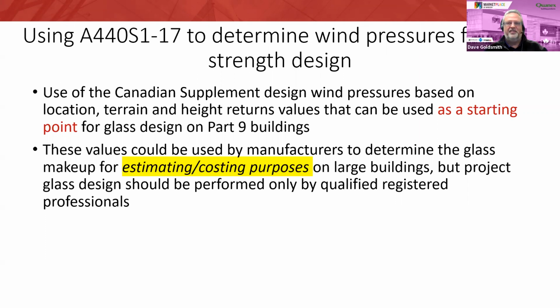So we're starting to see engineers. When I first started in this business, the engineers were calculating their design pressures based on structural commentary and the language in the code. But Fenestration Canada's online performance grade calculator has been so successful, it's such an easy tool to use, that engineers have forgotten how to use structural commentaries and the code language, and they tend to just go use the A440S1 as their specifying tool. So